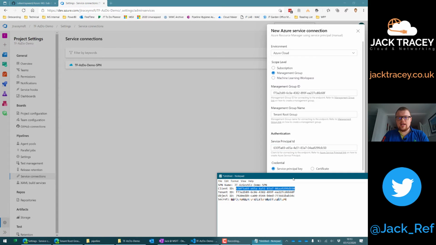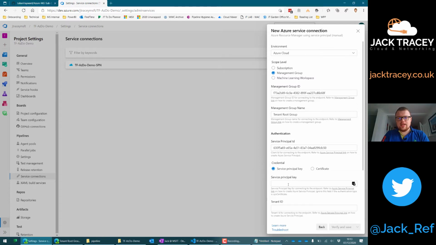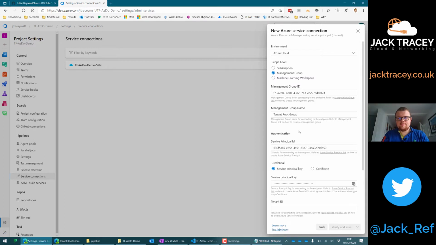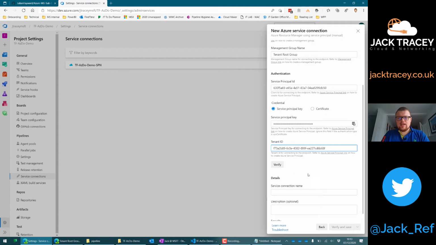We saved earlier, and the key is the secret, so we'll grab that and pop that in here, and the tenant ID, and we can hit verify to make sure that's all good. And as you can see, verification succeeded, so it's managed to log in at that scope and check it's all good. And we just need to give this a name, so we can call this AzGovViz